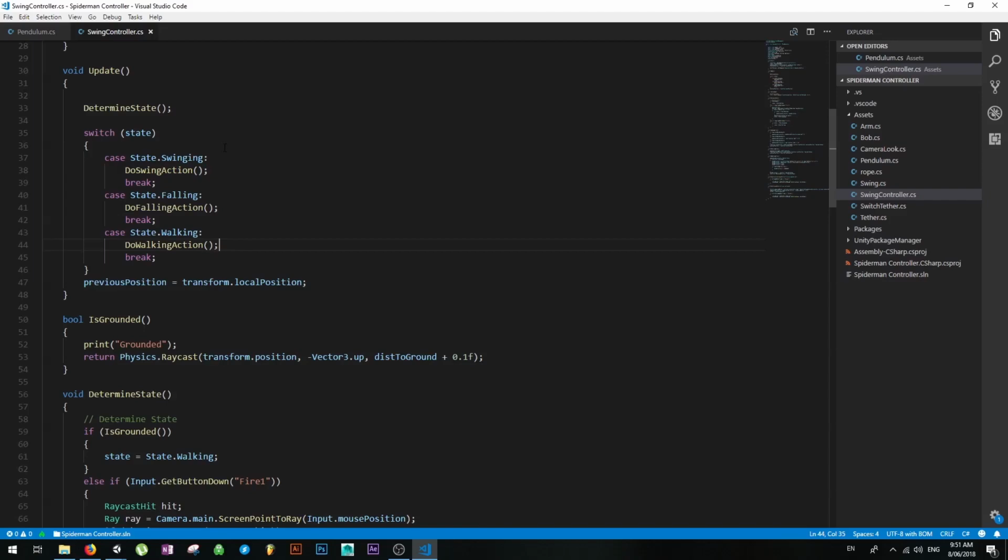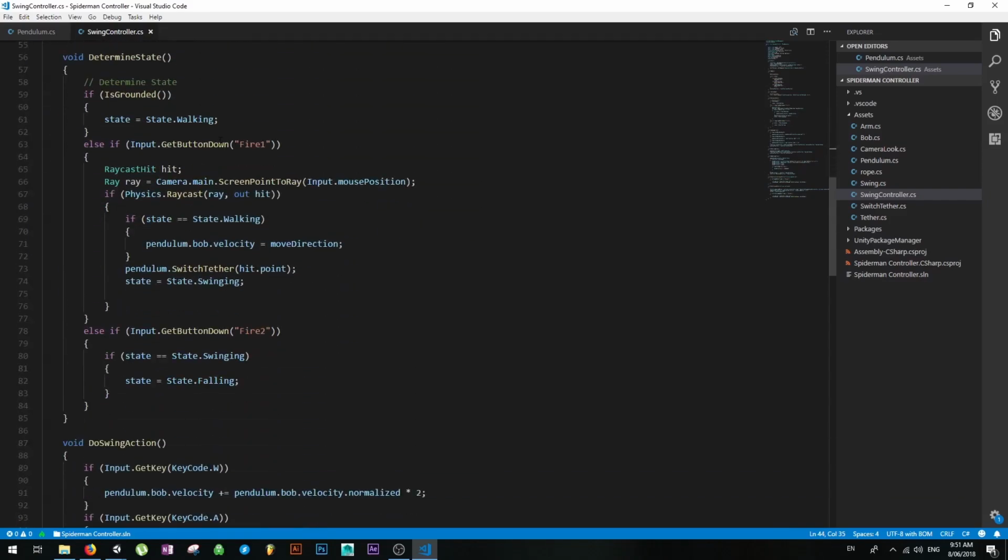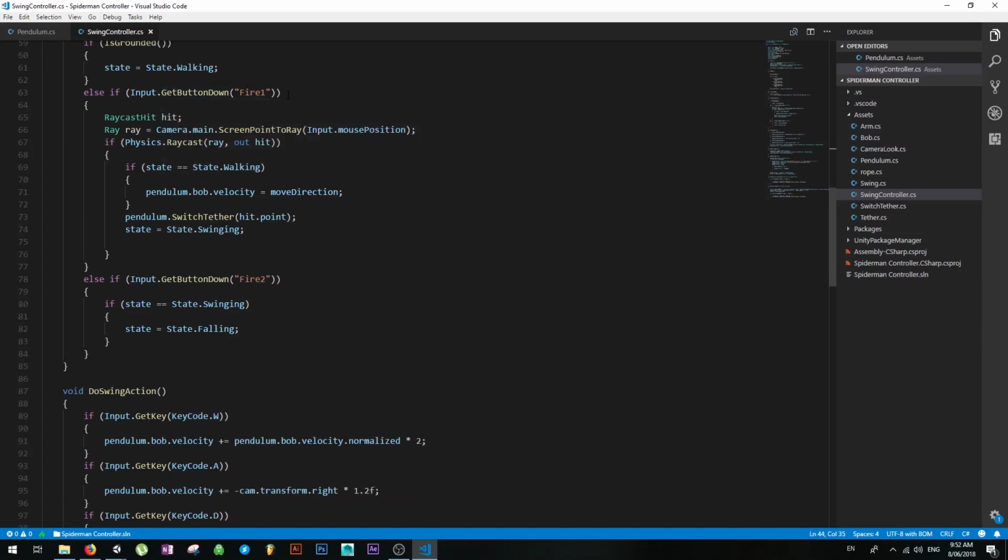So how do we determine what state we're in? Well, we say if we're grounded, then we're always walking, never anything else. So whenever we hit the ground, we're just always walking. If we've pressed fire 1, so the left mouse click, and we've hit something, then we set our state to swinging. This little bit of logic makes it a bit more confusing, but basically what we're saying is if we've hit something but we're walking,